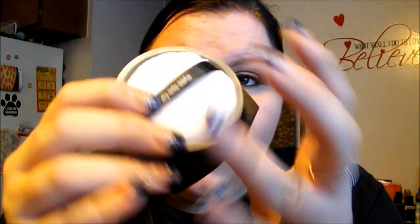Okay, almost finished. We're going to take our e.l.f. High Definition Powder, and we're going to just lightly take a little. I keep the puff because it keeps the product in the container. So if you guys get this, keep this little guy. You don't have to use it, but it's just a nice little stopper. So I'm going to just put a little bit, maybe a lot. And I'm going to take the little brush that we used for our blush and bronzer. Just get a tiny little bit of this, and then we're just going to sweep it under our eyes just to kind of set